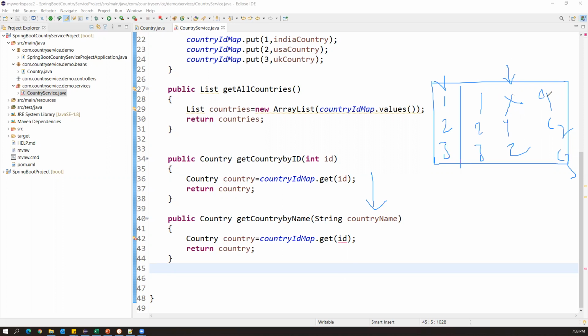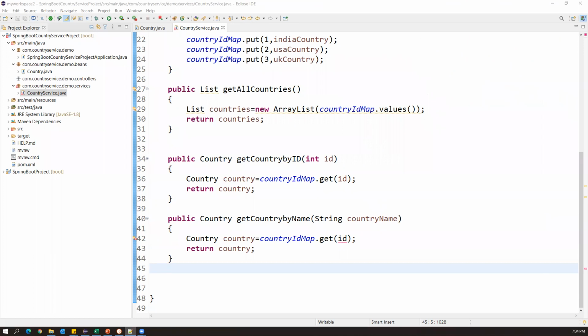So how can we get this whole data based on this name? First of all, by using this ID, we have to get the object, and then we have to read the name from that object. If that name is equal to our expected country name, then we have to read all the data from this object. Once it is completed, we have to move to the next object. Suppose the name is not present in the first object, now we need to move to the next object and check whether this name is equal to this name. If it is equal, then again capture the whole object and print those details. Similarly, we have to iterate like this. So this is the logic which you have to implement.